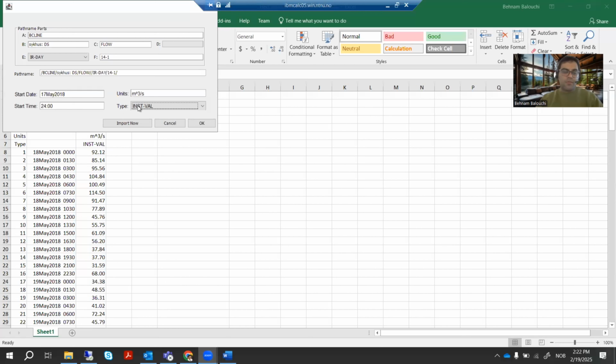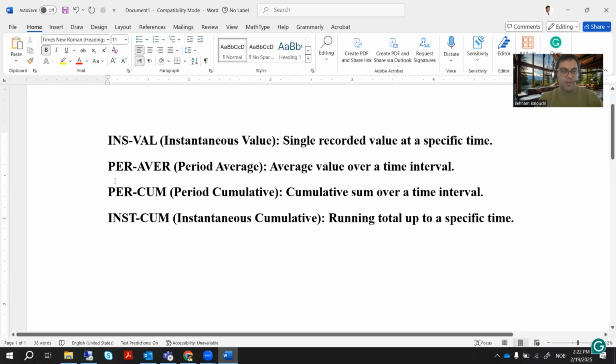So for the type, according to the sample that we extract from HEC-RAS, we know we should use by confidence this one, inst val. But if you want to know more about this data, you can see, for example, here inst